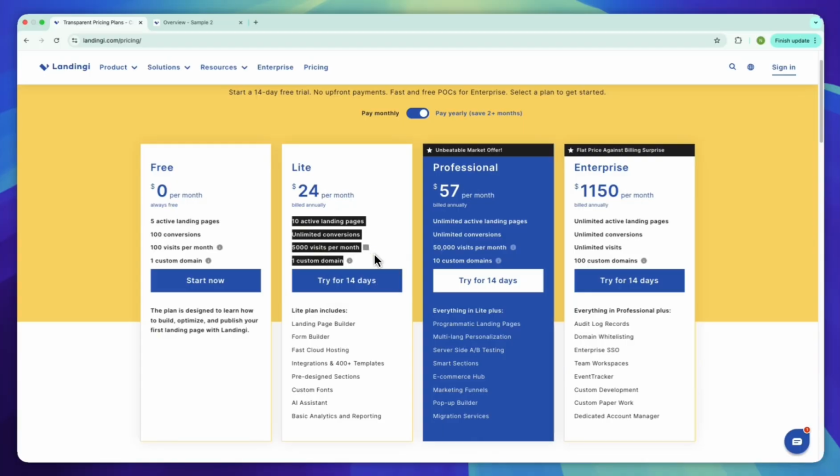basic analytics and reporting. The professional plan shows $57 per month if billed annually and gives you unlimited active landing pages and unlimited conversions with 50,000 visits per month and up to 10 custom domains. It also unlocks programmatic landing pages, multi-language personalization, server-side A/B testing, smart sections, the e-commerce hub, marketing funnels, the pop-up builder, and migration services. And finally, the enterprise plan shows $1,150 per month if billed annually and adds unlimited visits,